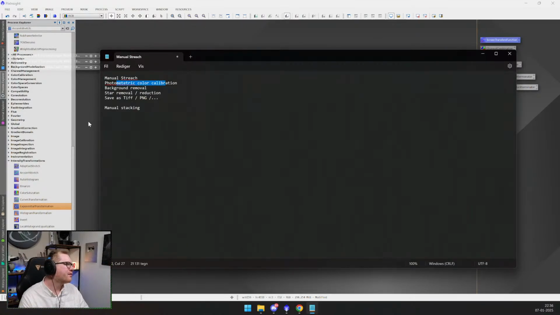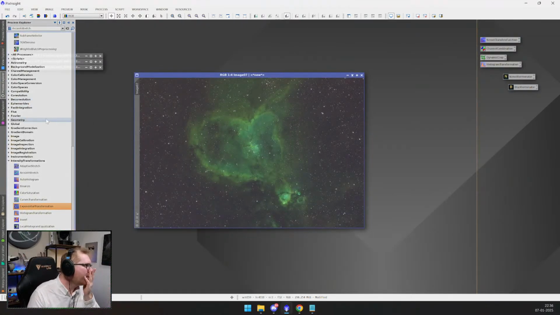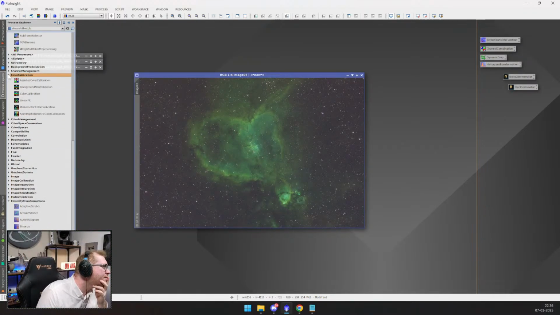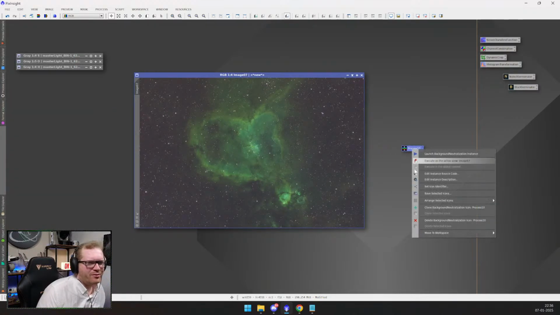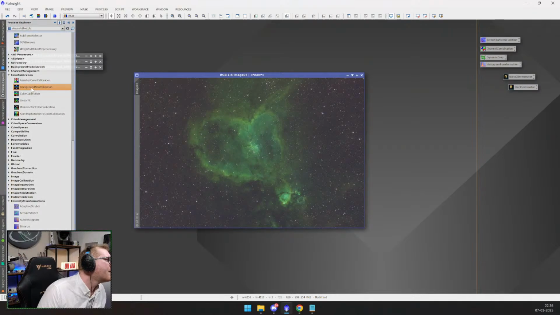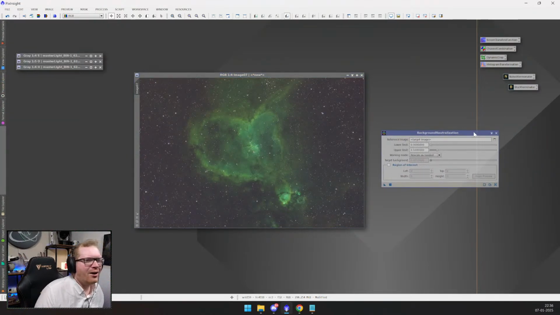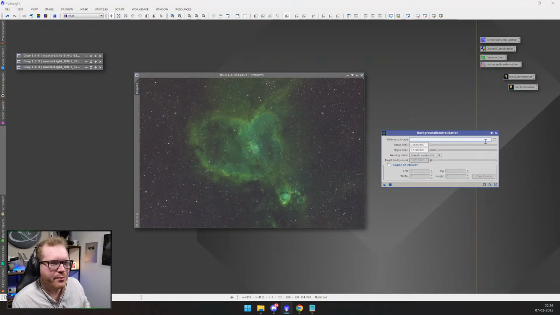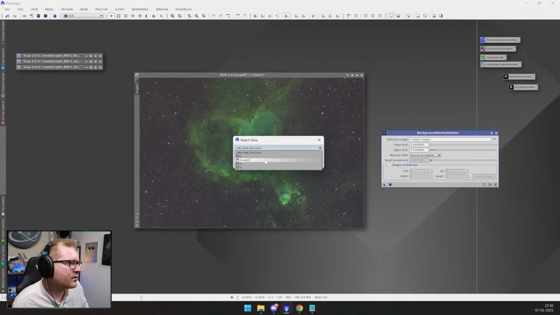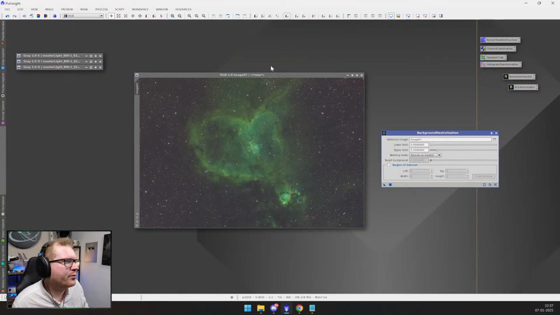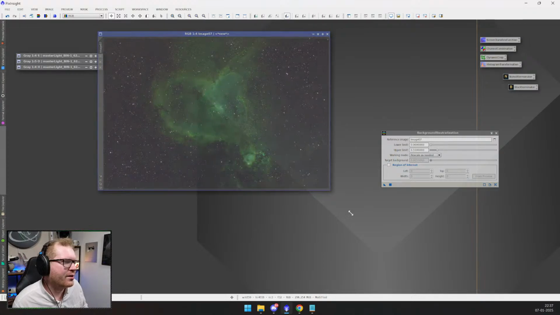Color calibration. I'm going to come back to these. Color space, color calibration. Assisted color calibration, background neutral. Oh, that's the background neutralization. Let's just play with that. Oh, no. Now, how does this work? Reference image. Well, include menus. Okay. I know I'm skipping around in the order of operation here, but